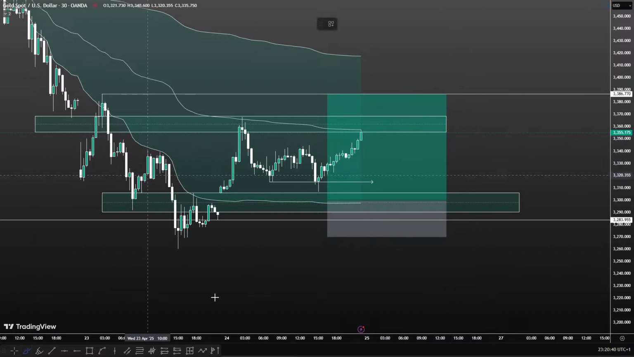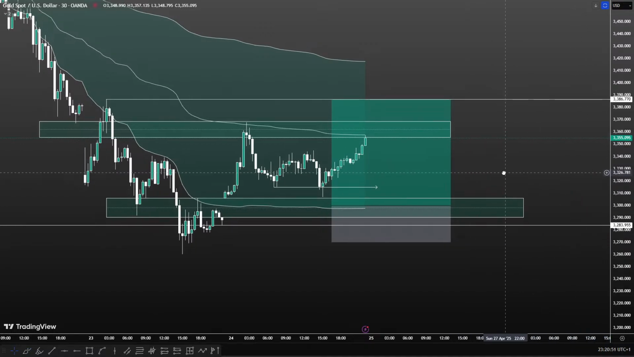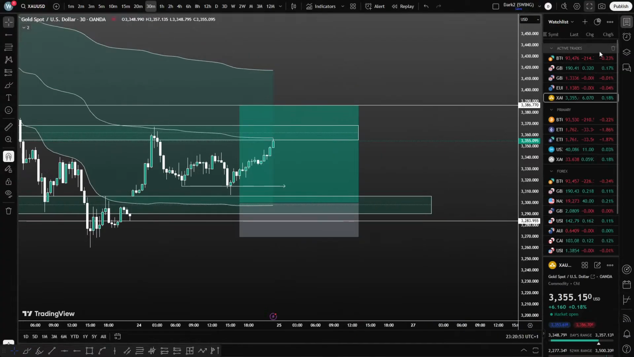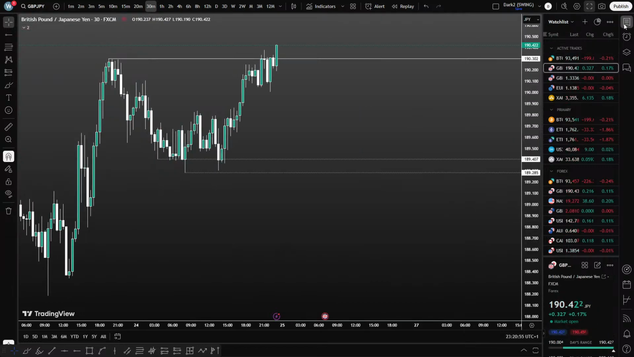In terms of the targets, 3386 is the target if we're looking for upside and looking for buys, and 3300 is the target if we're looking for downside and looking for sells. Okay, that is how I am looking at gold. I think I would like to finish with